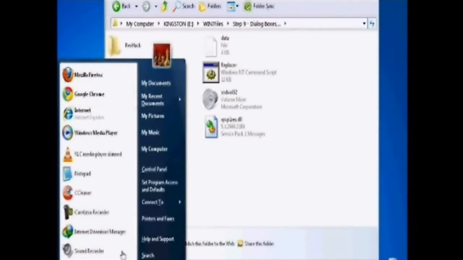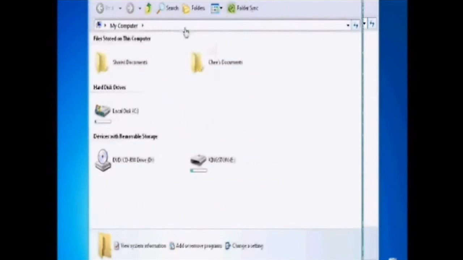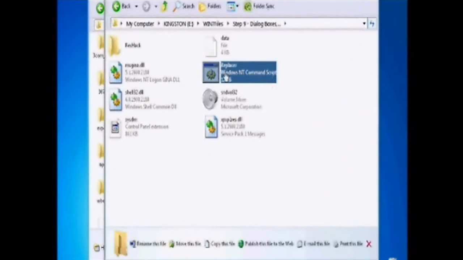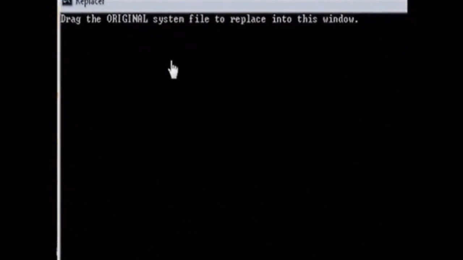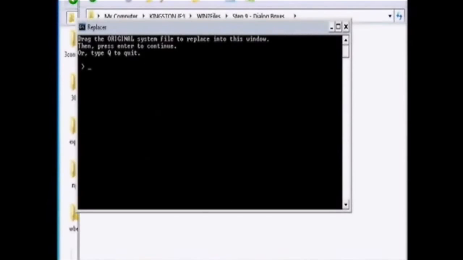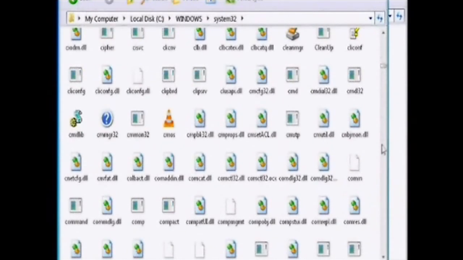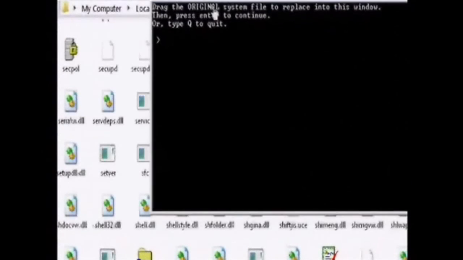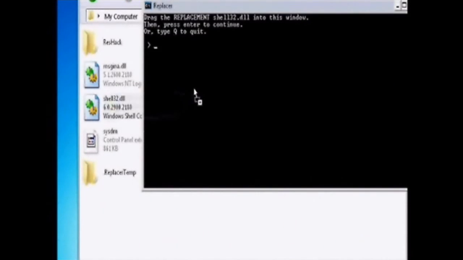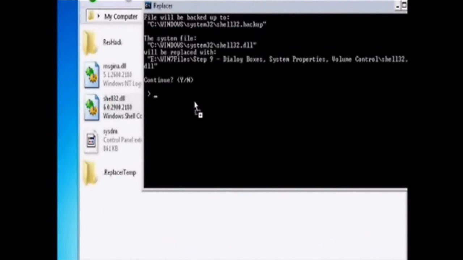For the dialog boxes, System Properties, Volume Control, and many others, go to Step 9 folder. Open another Windows Explorer and go to Local Disk C, Windows, System32. Go back again to Step 9 folder and open Replacer. Drag the old shell32.dll and follow the steps shown in the Replacer. Do the same with msgina.dll,